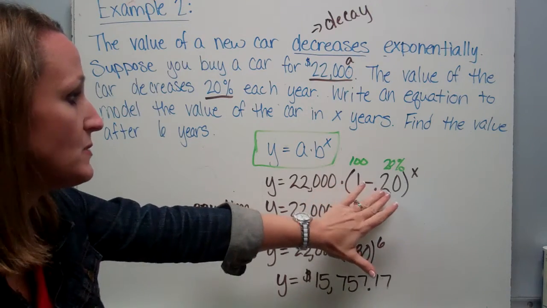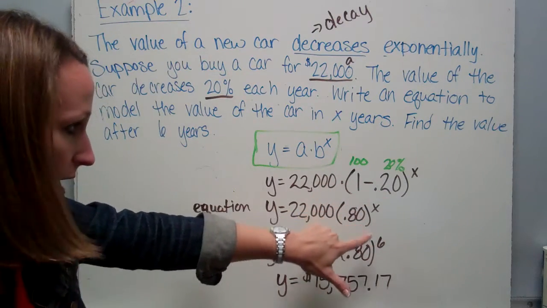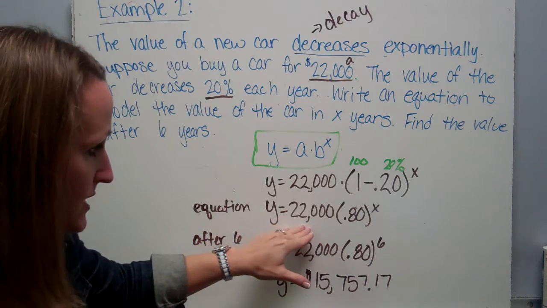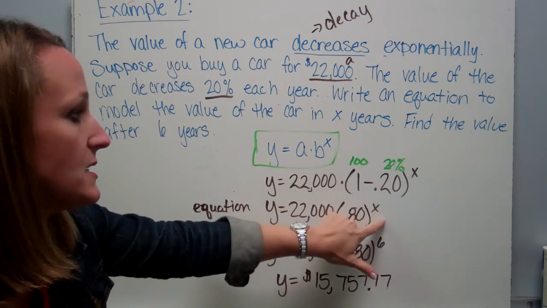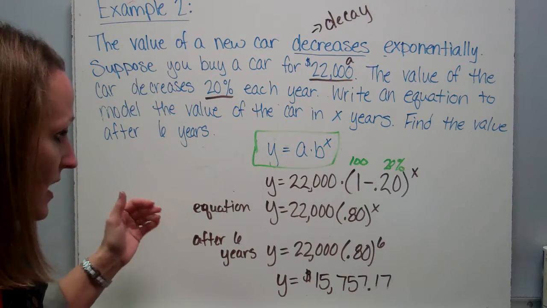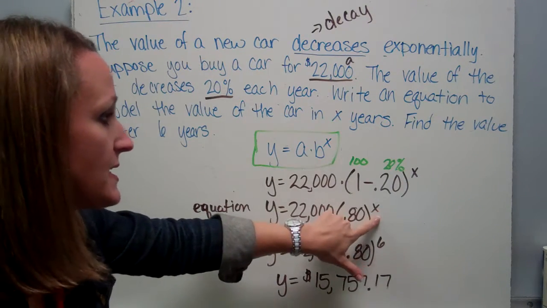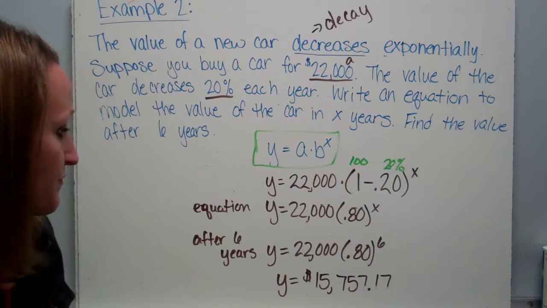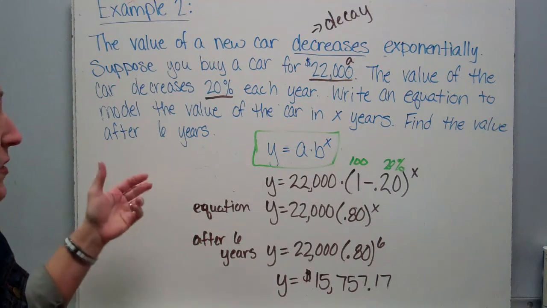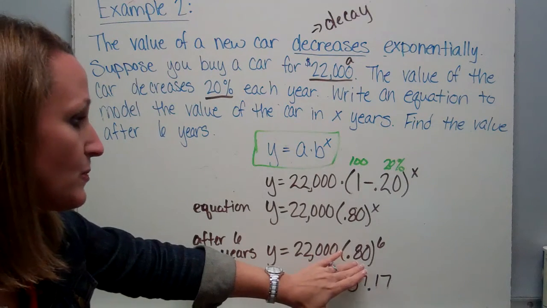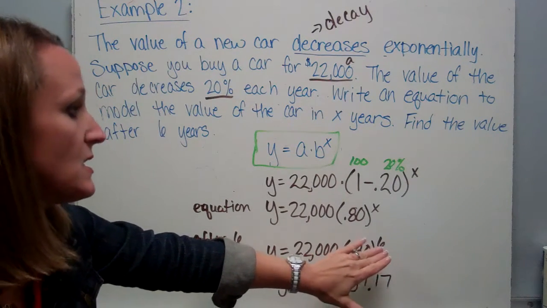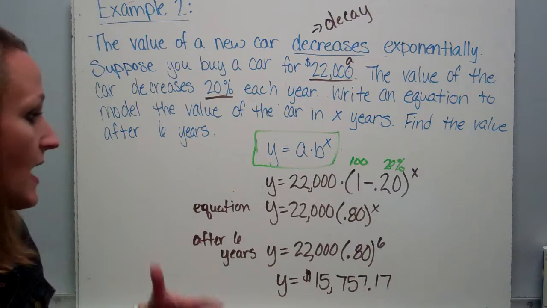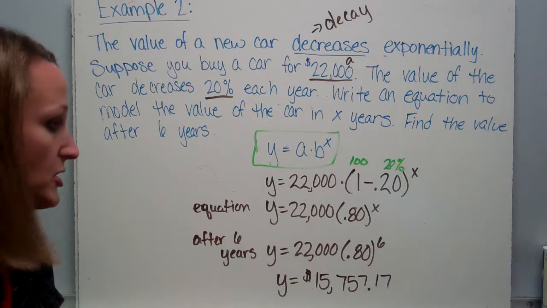So 1 minus 0.20 is the same as 80, or 0.80. So our equation for x years would be y equals 22,000 times 0.80 to the x. After 6 years, however, we're going to take out that x and put in a 6 because we're modeling 6 years. So our actual value of the car after 6 years, if we take 0.80 or 80 hundredths and raise it to the 6th power and then multiply it times 22,000, the actual value of the car after 6 years is